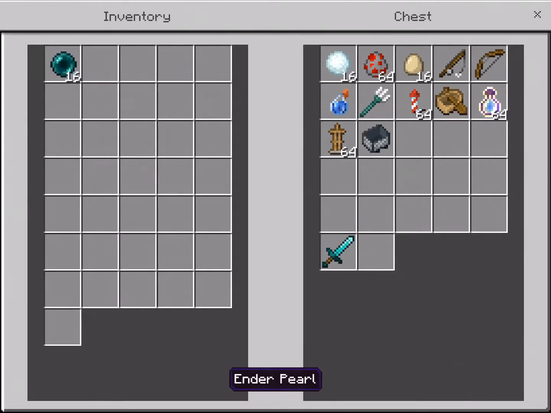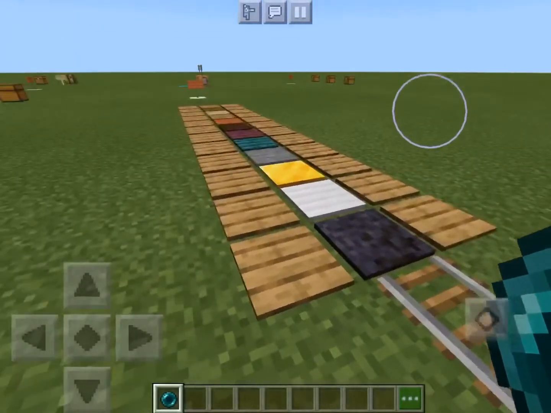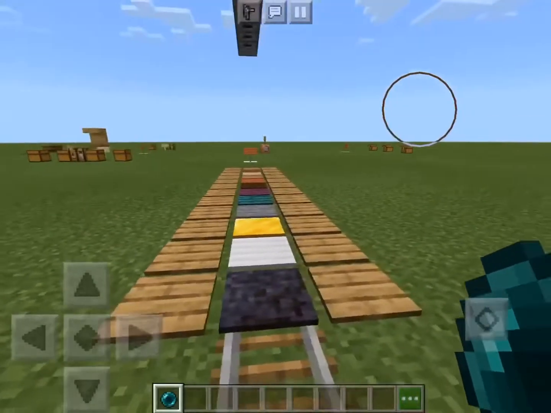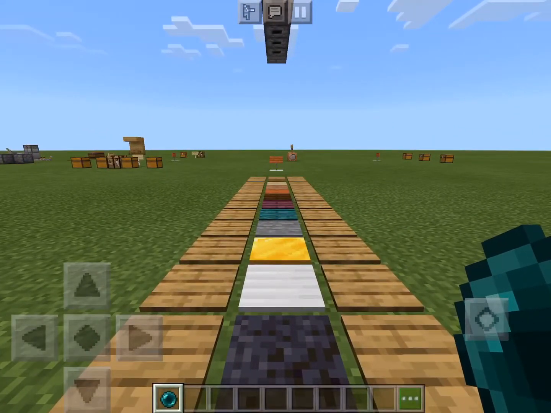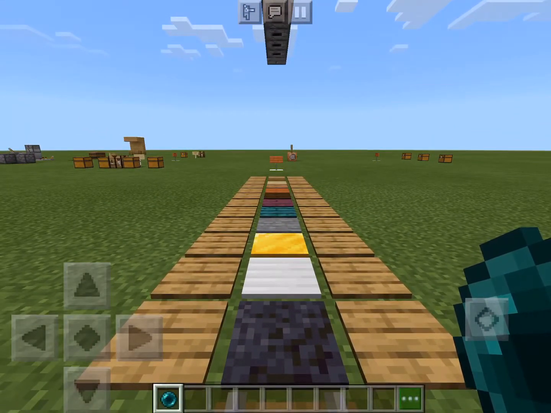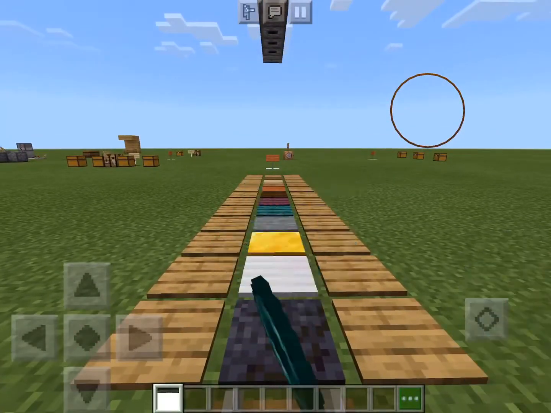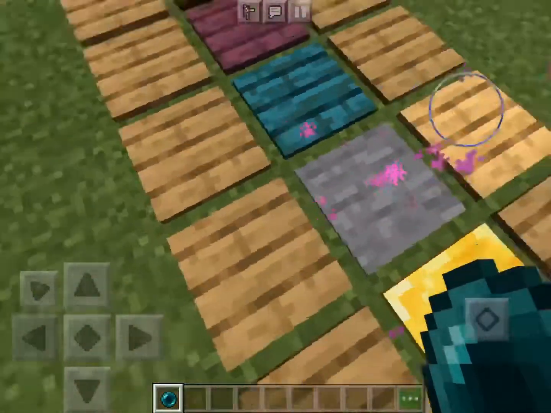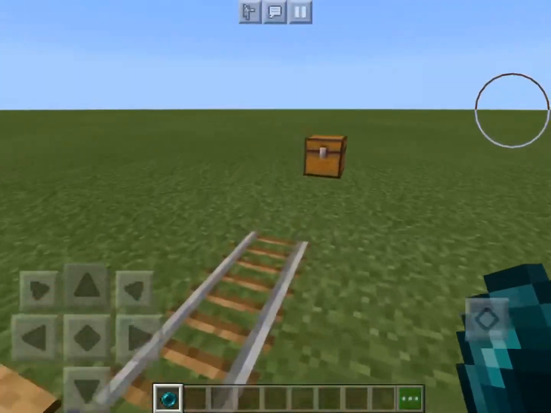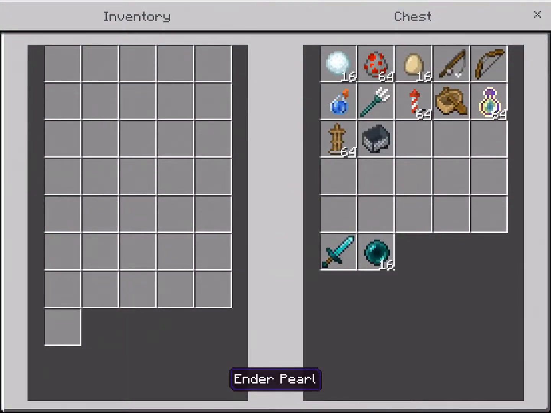So ender pearls, I don't know why you would use these to activate a pressure plate, because look what happens. It's like, oh, I'm going to activate that pressure plate, whichever one I'm looking at. I don't actually know where this is going to land, but I'm going to activate it, and then you just end up standing on it anyway, so there's no point to using these for just